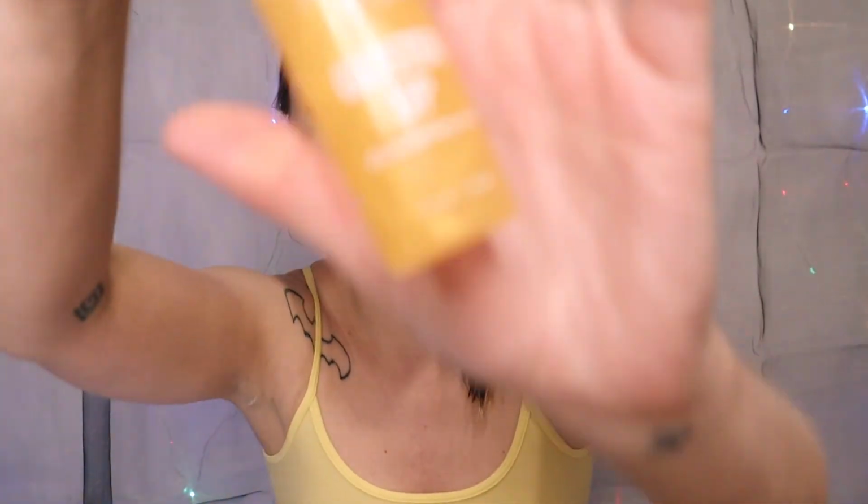I don't know. So we have this Illuminating Spray. I already know it's very shimmery, it's gonna make me look oily, but we're already here. Oh, okay. It smells like citrus. Oh, that's so nice. Especially if you needed a freshen up, this smells so nice. Yeah, I look more dewy than I would love. I mean, that highlighter is kind of my fault, but...